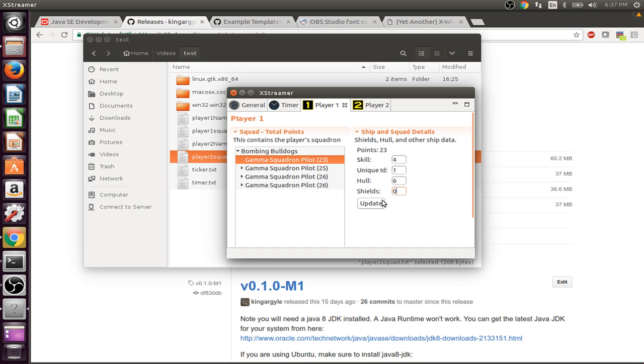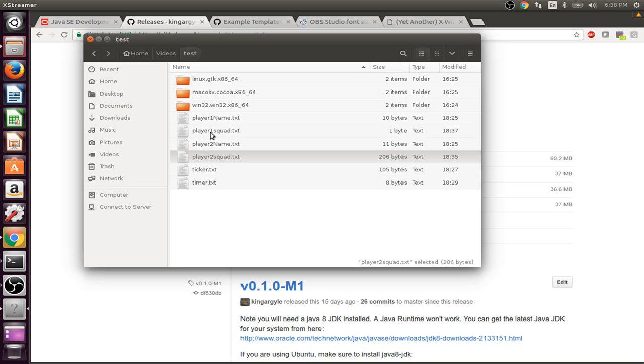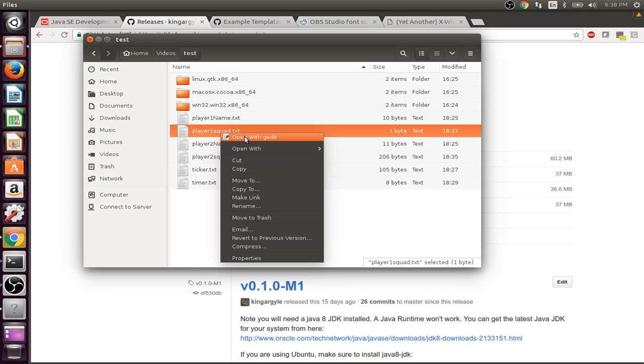In order for this to get updated, you have to hit update on these. It does not let you select each and every one of them and make your changes, then hit update. You do have to hit update on each of these individual fields. So we're doing an update on that one. And it will automatically generate a new player 1 squad file. So we open this with